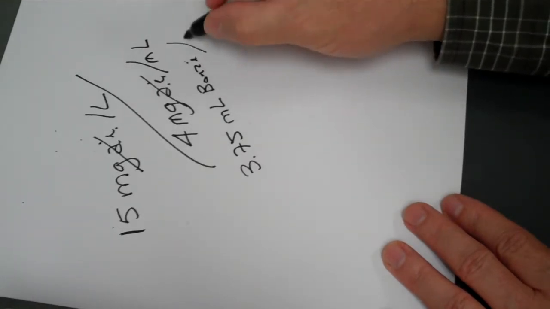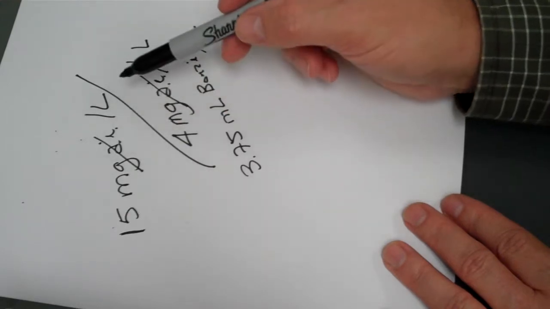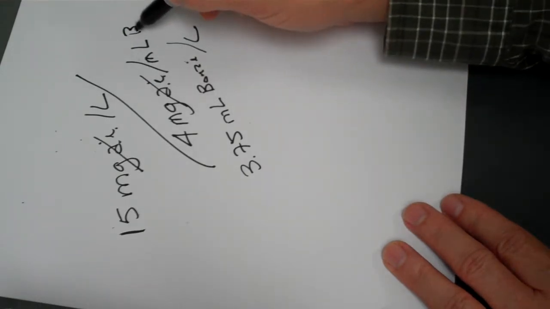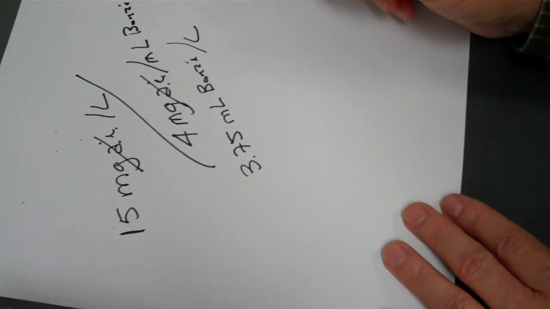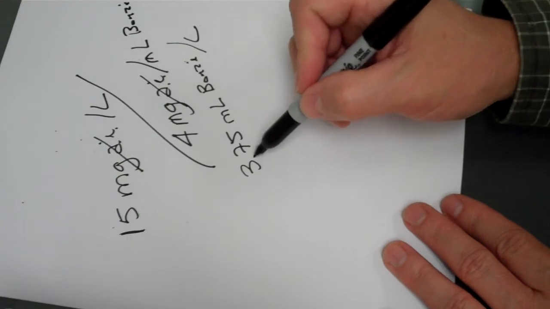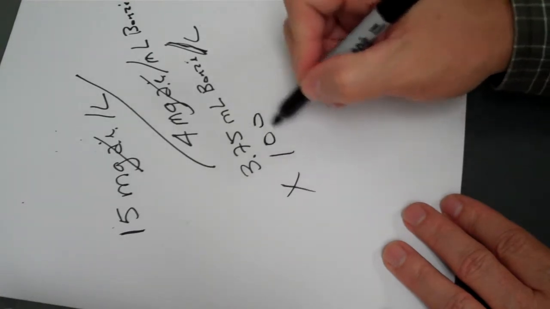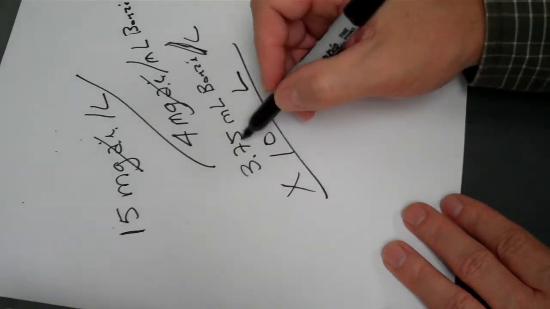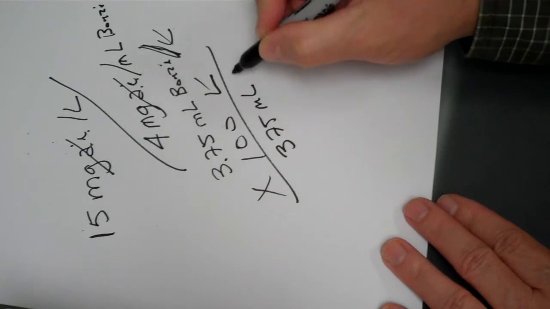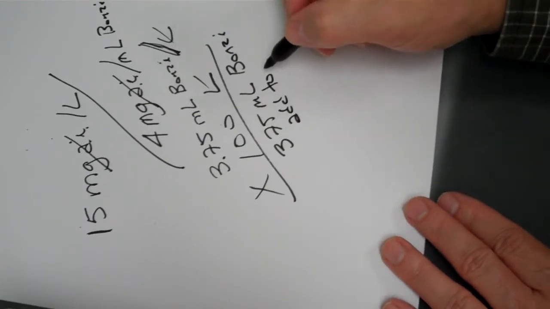Now we're talking the solution per liter of final solution. In other words, we need 15 milligrams of active ingredient for every liter of final solution we make. We're getting 4 milligrams of the active ingredient in every mil of Bonsai. So we just divide them. In order to get 15 milligrams, we need 3.75 milliliters of Bonsai for every liter of solution. But we're making 100 liters, right? So we multiply that, and then these cancel out, and that means we need 375 mils of Bonsai added to our total